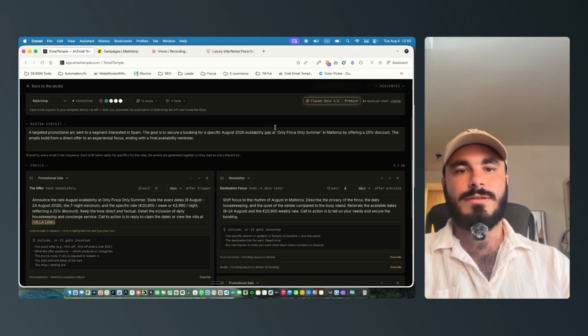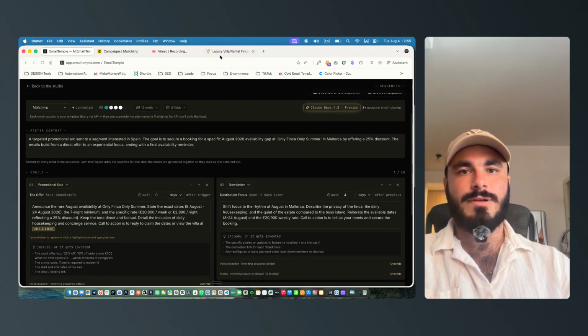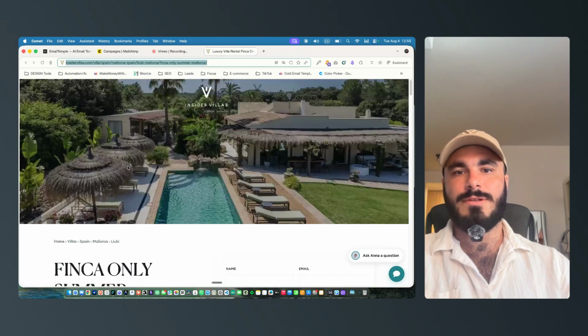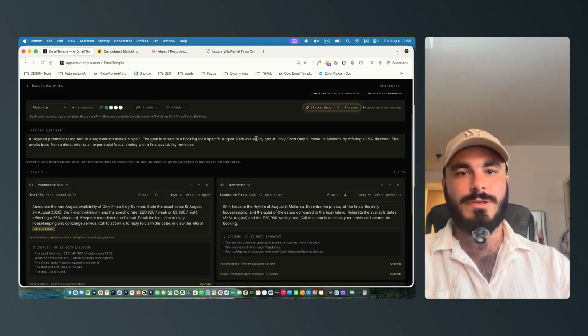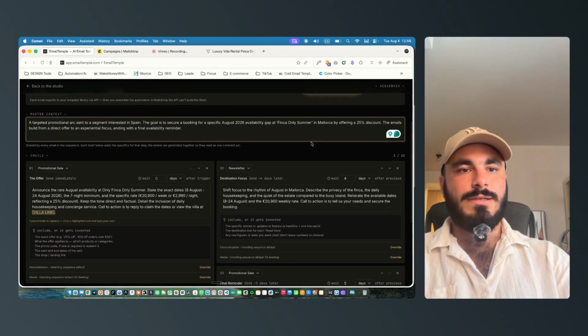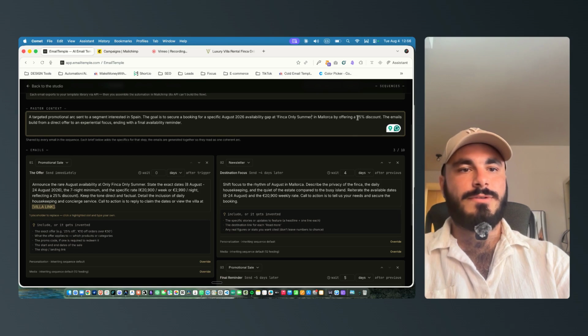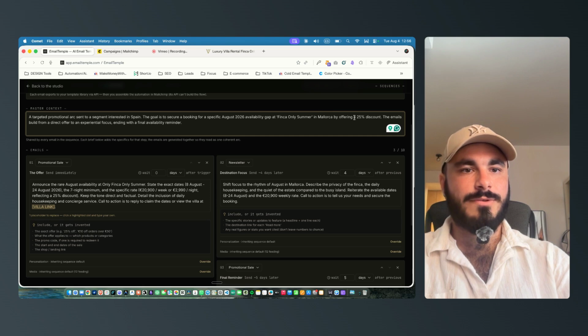Now, just a few things that I think it might not have gotten right. So the actual name of the villa, so this is the villa page itself, is Finca Only Summer. So we're just going to make sure that we've got the name correct. Finca Only Summer is the name. Mallorca offering 25% discount. I don't really want to use percentages here because it's sort of a luxury niche, and I don't like to add discounts. I'm going to say Mallorca by offering